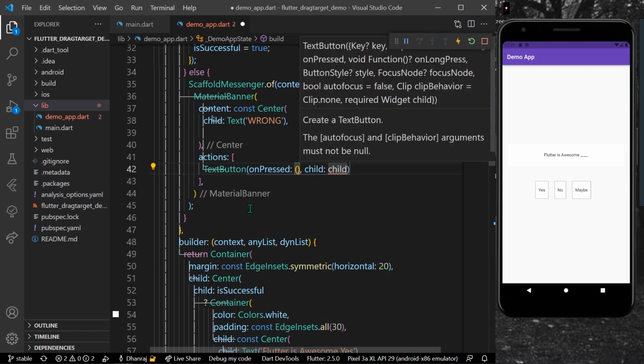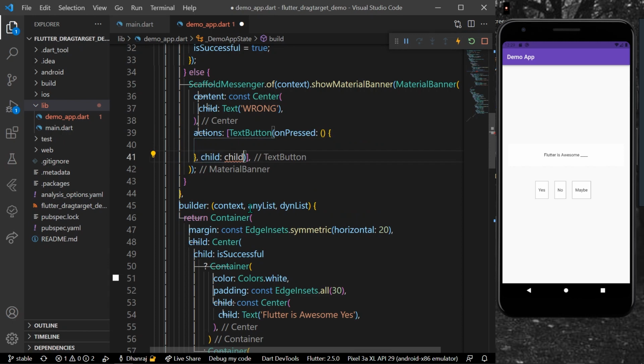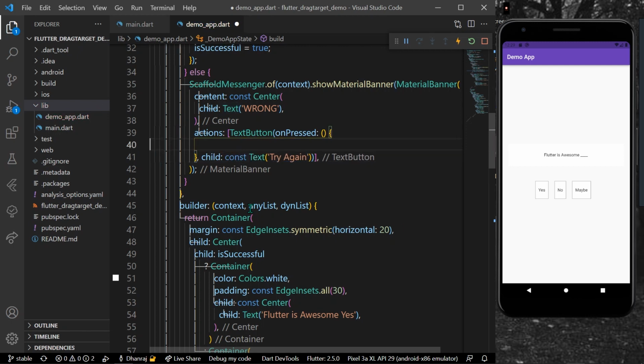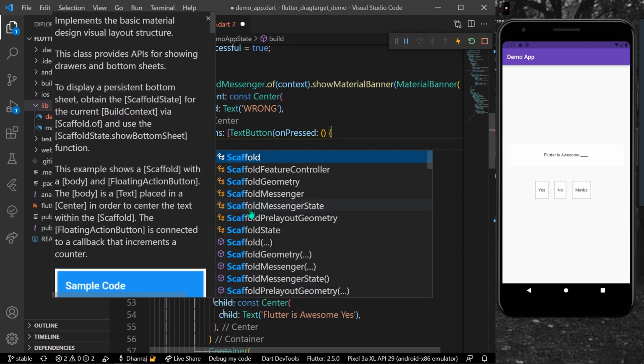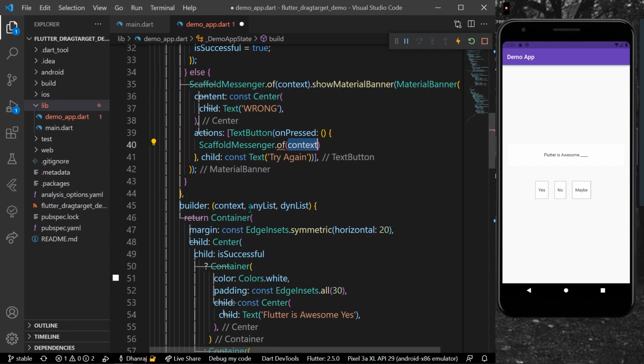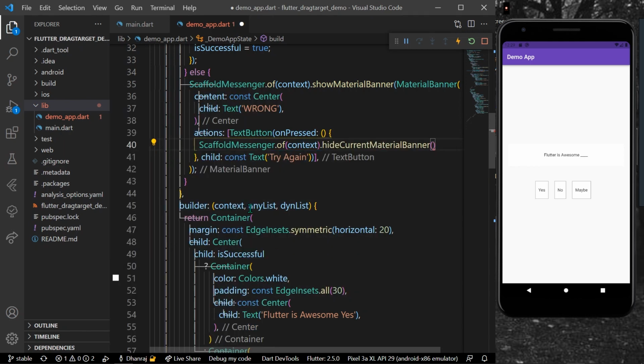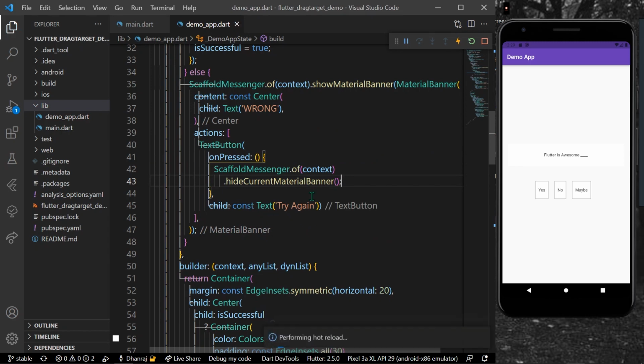I'll change our child first, which is a text saying try again, so that we can attempt it again. And in the on press action, what you need to write is scaffold messenger dot of context dot hide current material banner, like this. Let's save our app now.